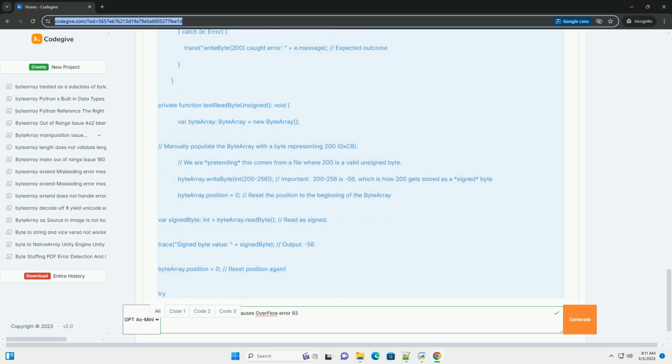3. Scenarios where the error occurs. Here are the typical scenarios that lead to the overflow error, 93. Writing a value above 127 using writeByte. This is the most direct and common cause. Reading a value above 127 using readByte when it's supposed to be unsigned. If you're reading data from a file or network stream that contains unsigned bytes, 0 to 255, and you use readByte, the values above 127 will be interpreted as negative numbers,